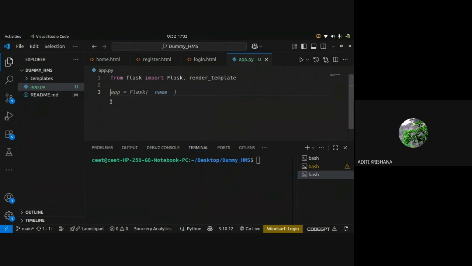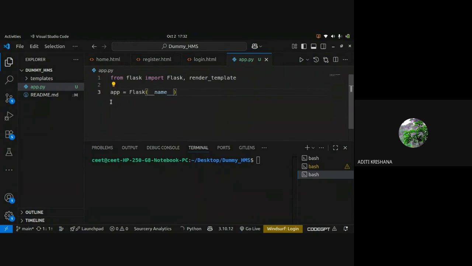What is the purpose of creating routes? I will tell you later. And third, for connecting the application with the database. These three are the major things which will be done after we do the initialization.